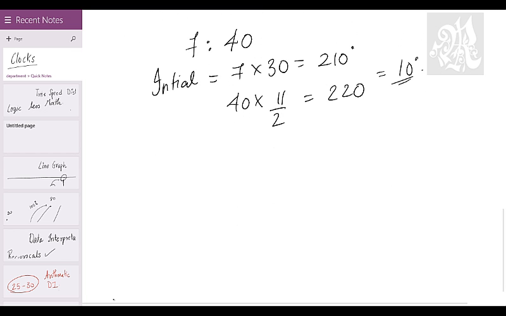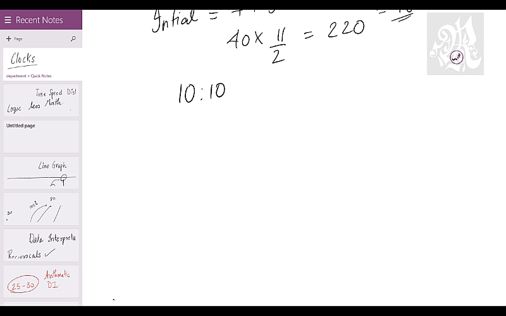Okay, let's take one more example. I'd like to give you a nice one now. 10:10. Do that, 10:10. There's a reason behind why I gave you 10:10. By the way, do you know this? Whenever you see a clock or a watch brand, they always show the time as 10:10.